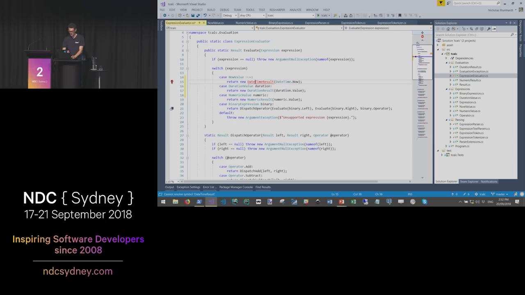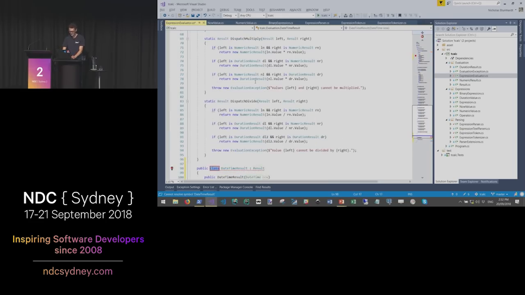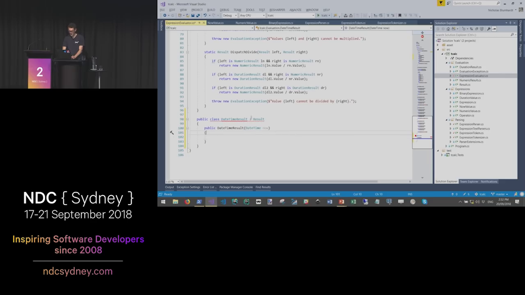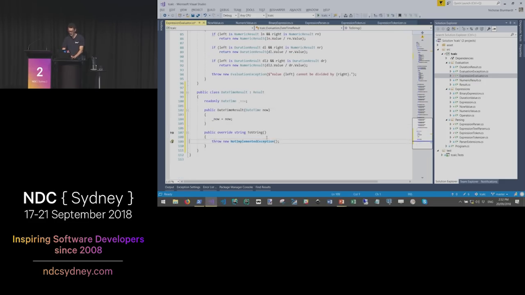I would always use UTC, by the way. Okay. We have to implement ToString just so that we can show this in the output. We're getting close.